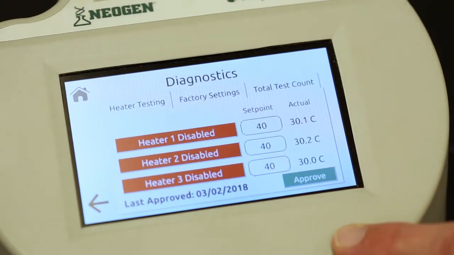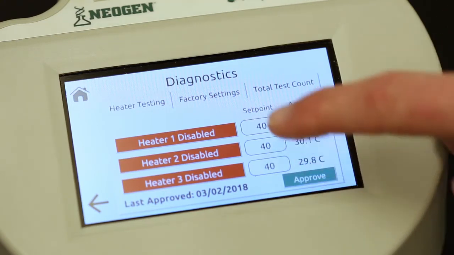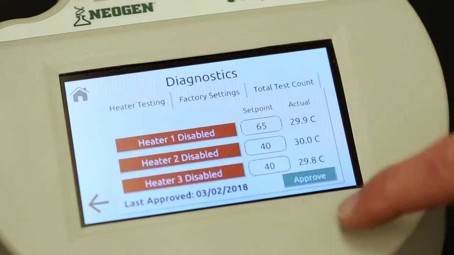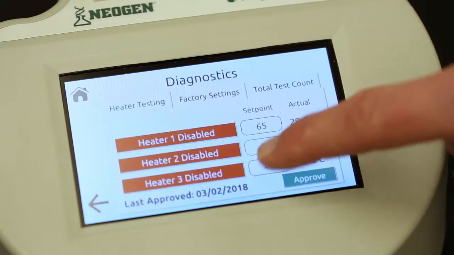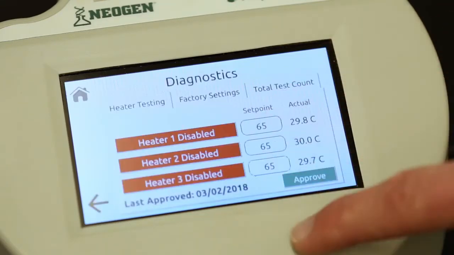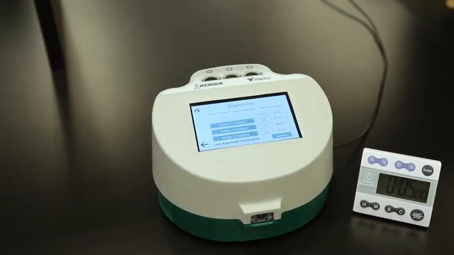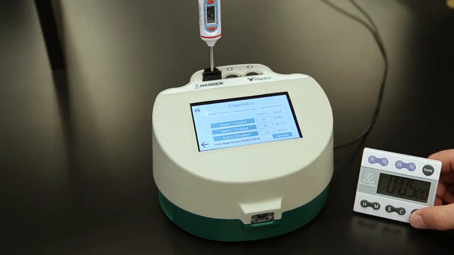The FDA Laboratory Proficiency and Evaluation Team is comfortable with annual heater verification, provided the real-time temperature readout displays on screen as well as on a physical printout. To perform this verification, change each set point to 65 degrees Celsius and enable each of the heaters. Once the temperature has been reached, insert the NIST traceable temperature probe into the first port and set a timer